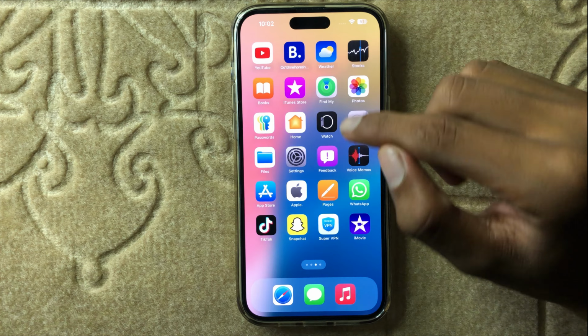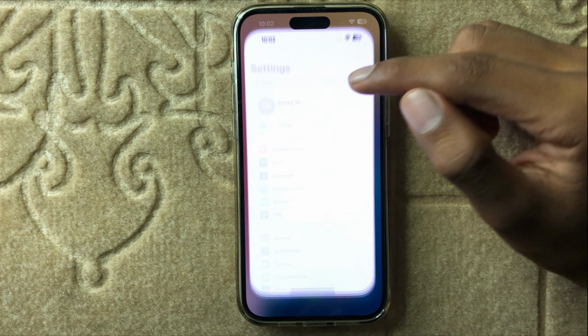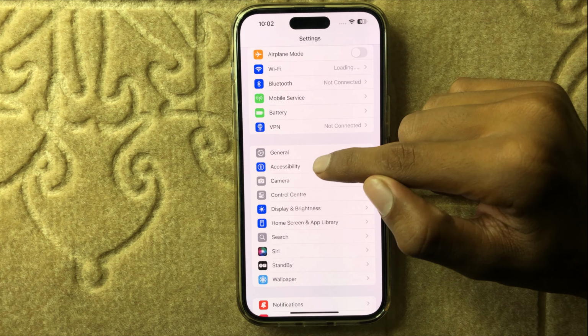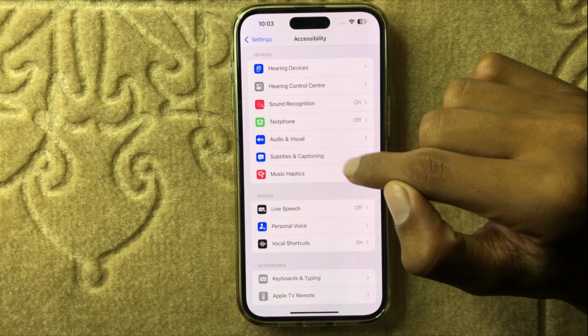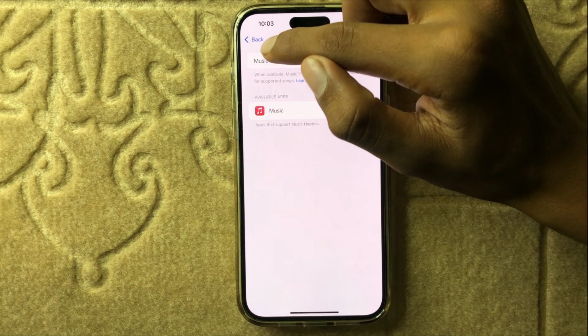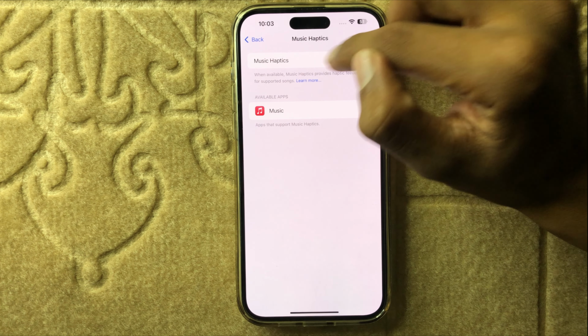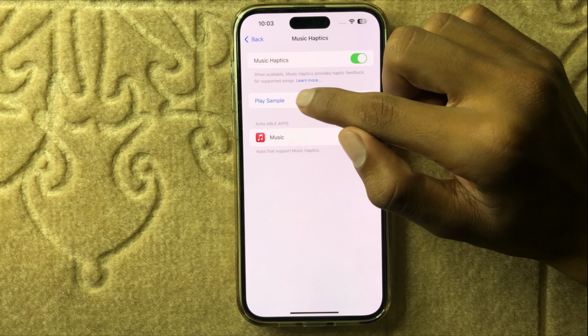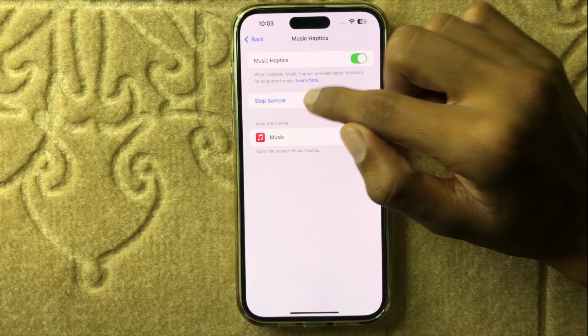First of all, open settings and now click on accessibility and then scroll down, and here you can see the option music haptics. Click on music haptics and now you can see the option music haptics. Turn this button on and here you can play sample and stop sample, and after turning this button on, go